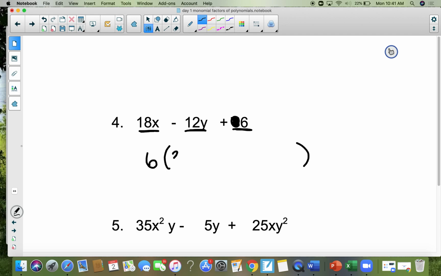6 goes into 18 3 times with an x. 6 goes into 12 2 times with a y. And this is a common mistake. 6 goes into 6 1 time, not 0 times. Final answer. If I took the 6 and I multiplied it out, I should be back, and I am. And the last problem,